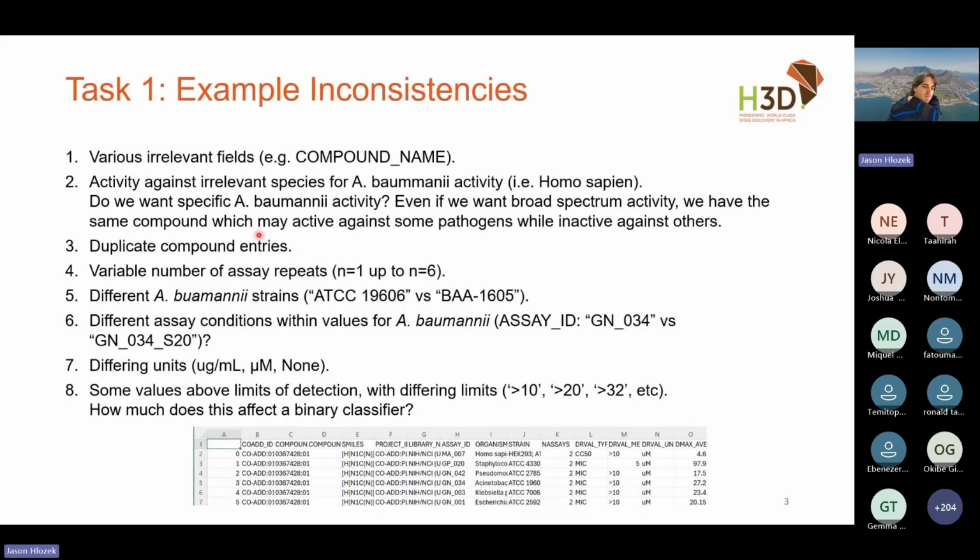There were some compounds which had multiple entries, and this is before we've even standardized our SMILES strings to make sure that they've all been captured in the same way. We haven't just labeled the compound from different sides of the molecule, but already there were duplicate entries. Within one entry, so one SMILES structure, there was this number of assays column. And if you sorted this, for example, you would have seen that some of the compounds had one measurement, one assay value, and that was it. And other compounds had been measured up to 6 times, and the resulting value here was a mean of those.